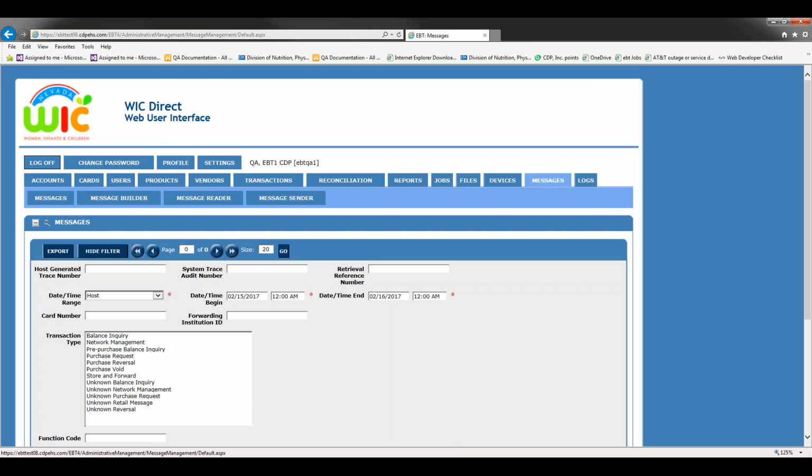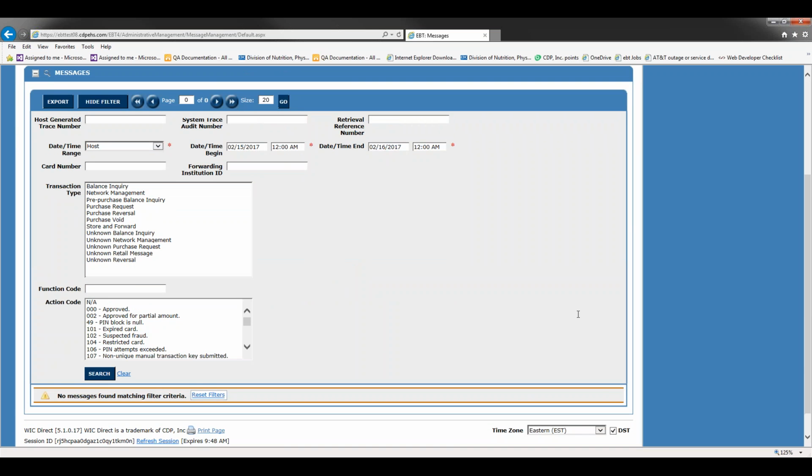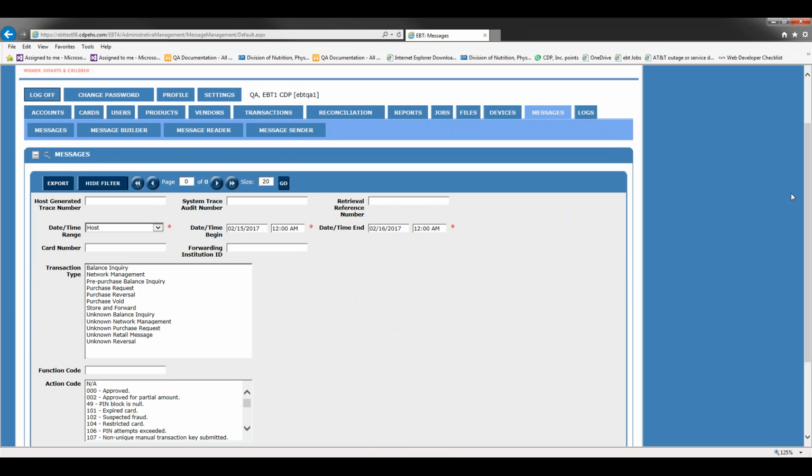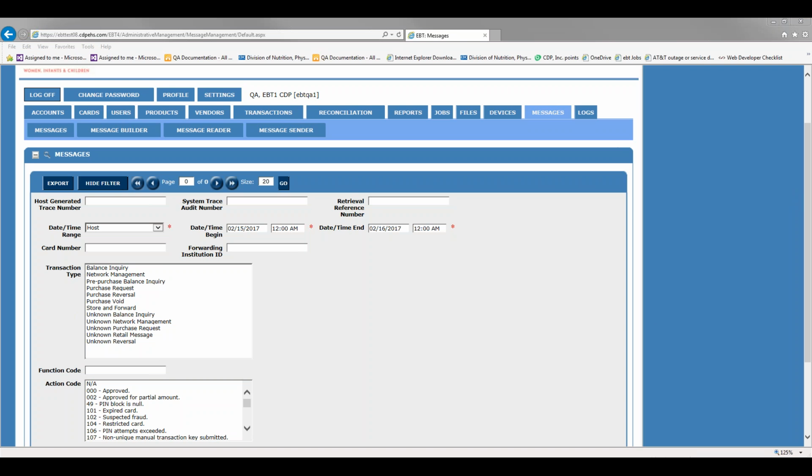And before we go a little bit further, one thing I want to tell you is that this was built originally back in 2009 for testing and for helping to fix purchases that sometimes need to be fixed on the retail side. And there are some bugs with it. We did eventually release it to some of our clients who needed it. We never did fix the bugs, so I will go on record as saying there are some bugs that you're going to run into from time to time. Okay, let's look at the messages